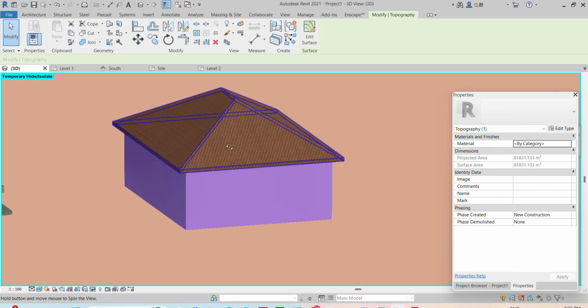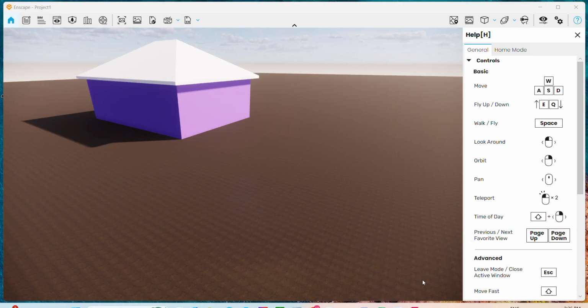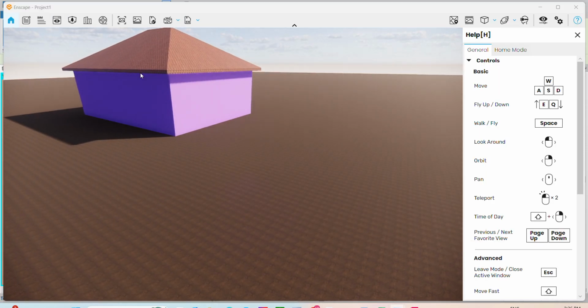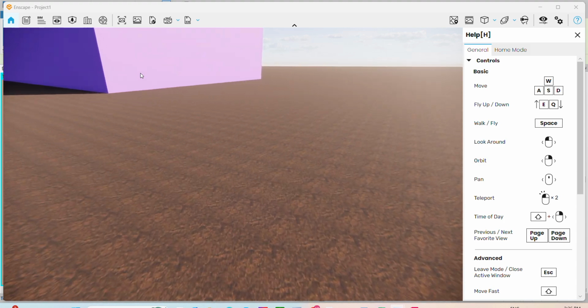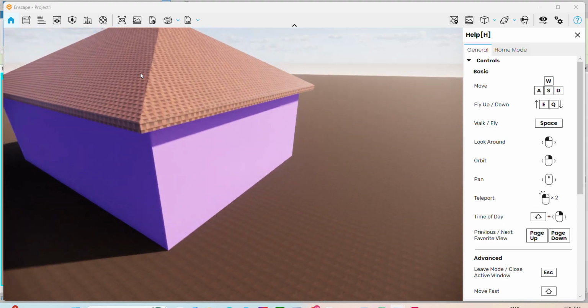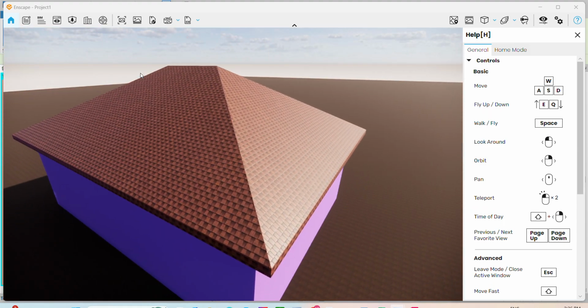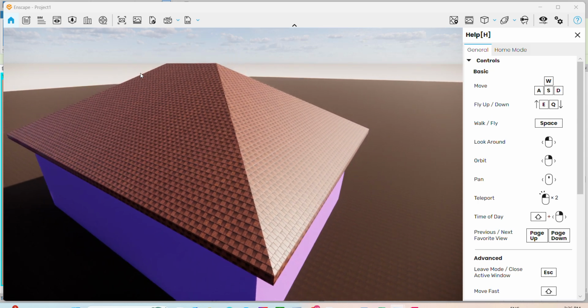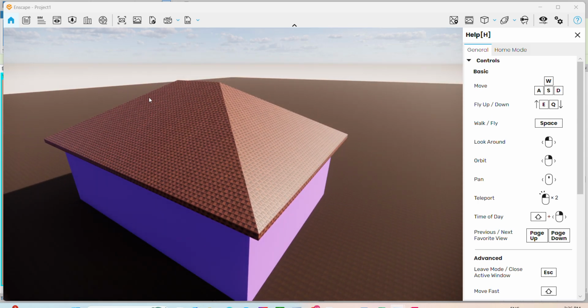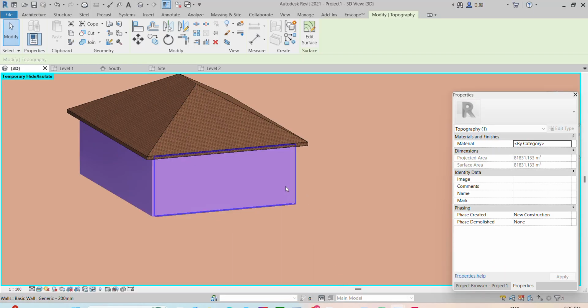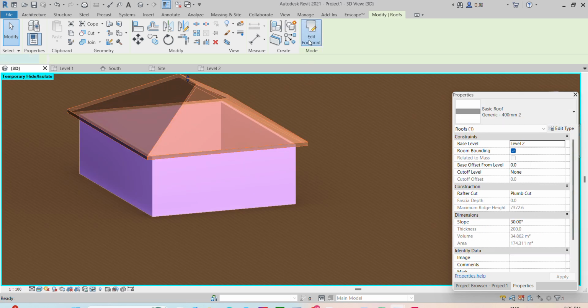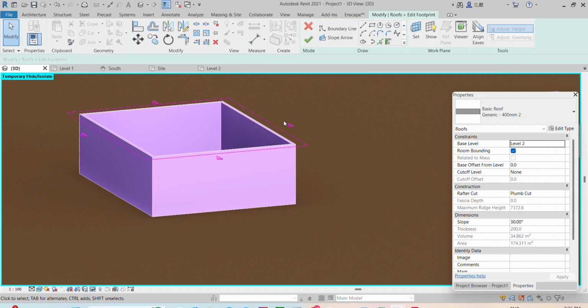Now this one I created already. I will show you. See this one. If you want to edit the roof, if you don't want the four side slope, only the two side slope, you can adjust this by using edit footprints. If you click the roof, you can click here, edit footprints. Then here